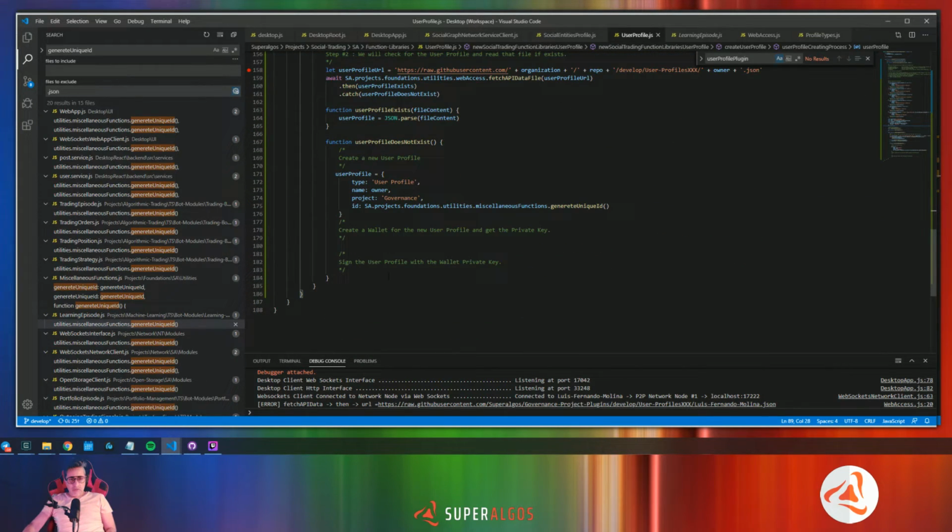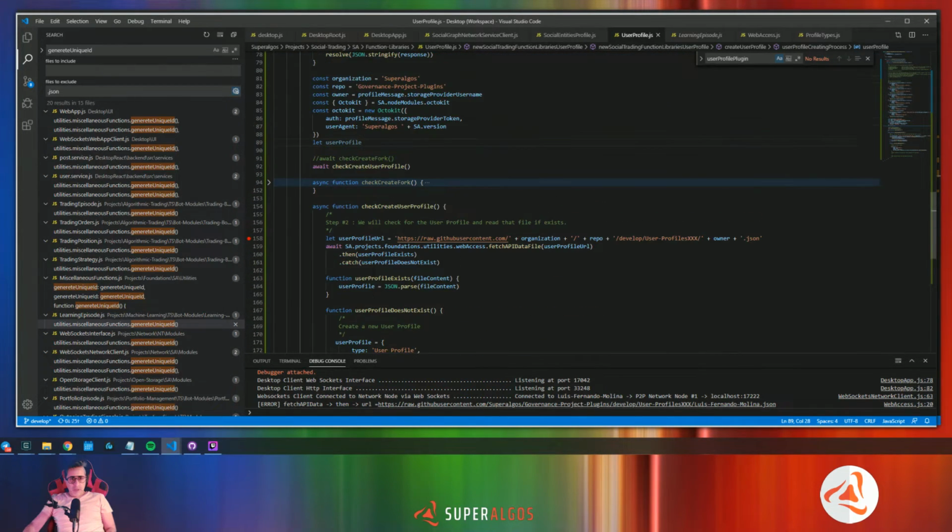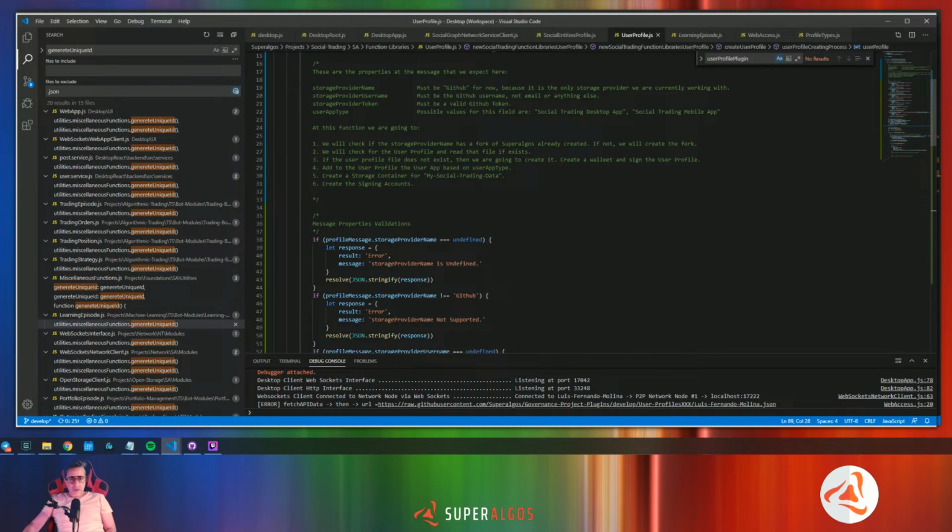Once we have the user profile with the wallet and signature, then we will have to add the nodes. And then create a storage container, and then create the sign-in accounts, and sign them. Okay, so the next step is